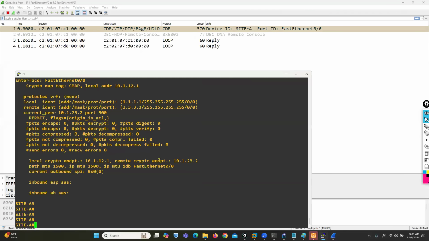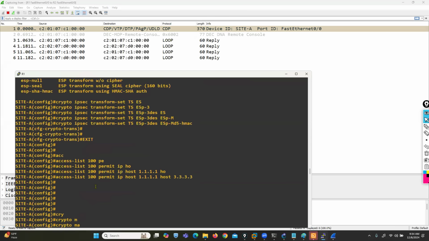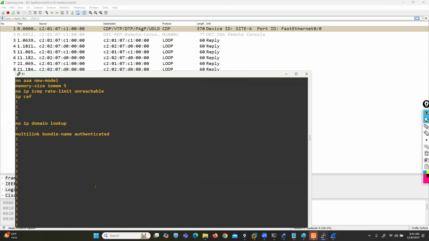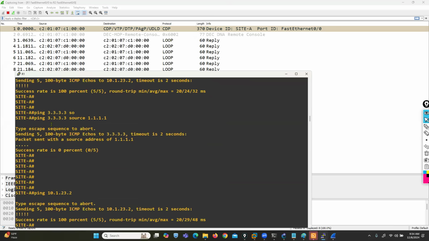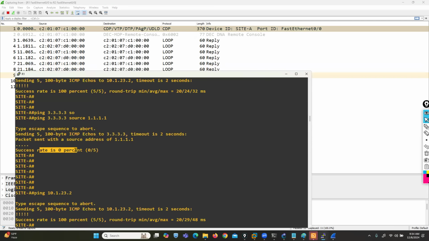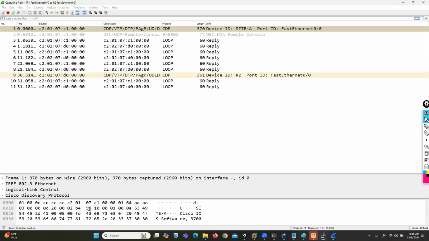From site A, I'm initiating my traffic. Before initiating this traffic, you can verify that the communication success rate was 0%, right? This time, if I'm trying to ping 3.3.3.3 with source 1.1.1.1,